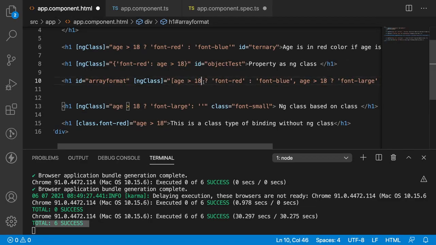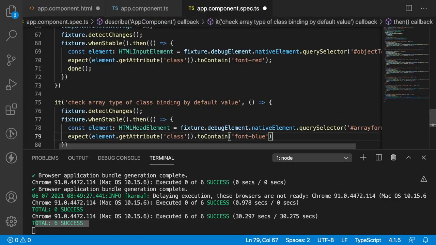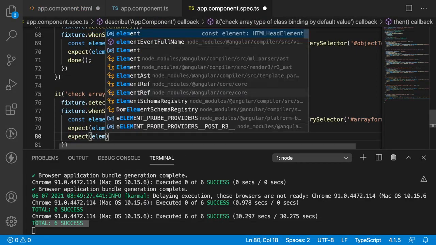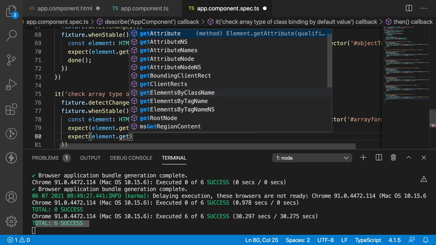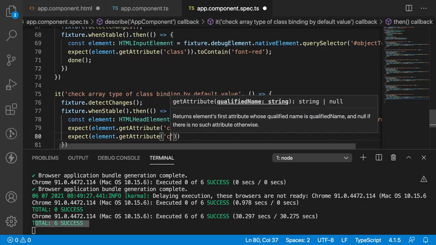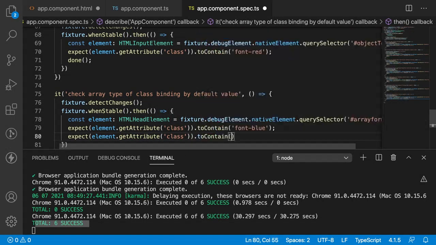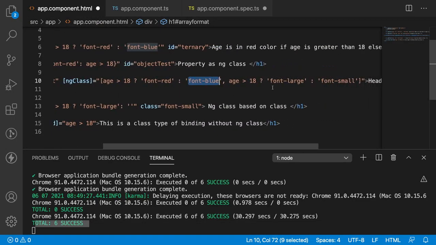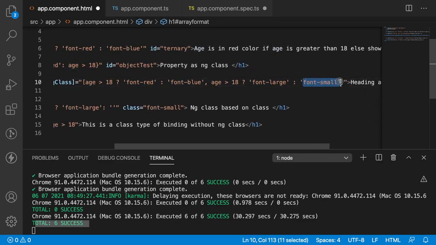So it is not greater than. So it has to print font blue, and also I'm expecting one more parameter like element.getAttribute of class, which should contain font small. So it should have age is equal to 18, so it should have font small.